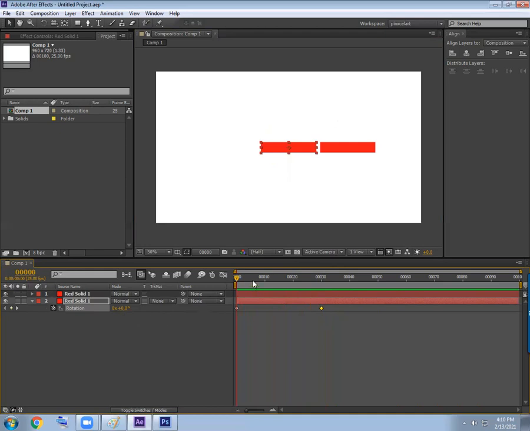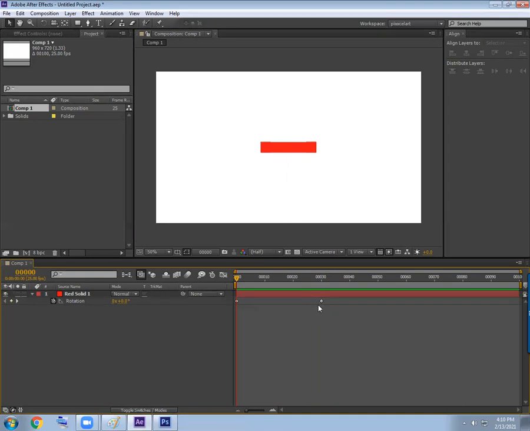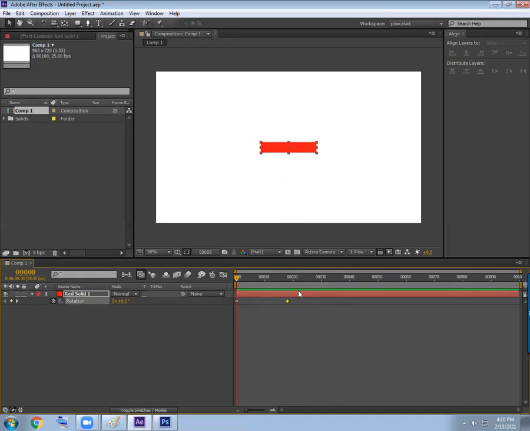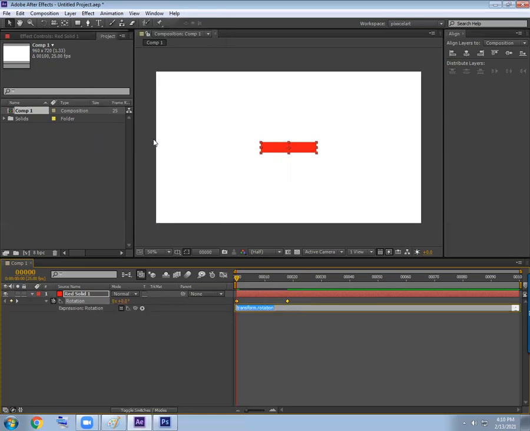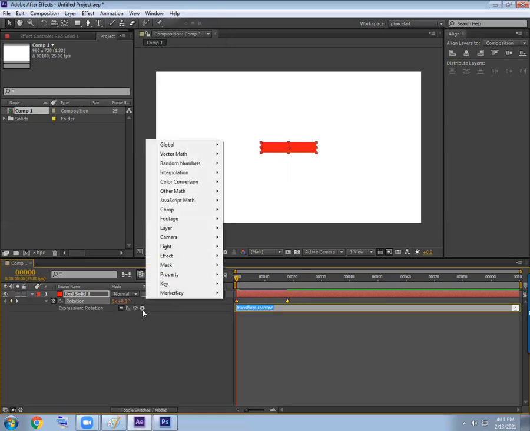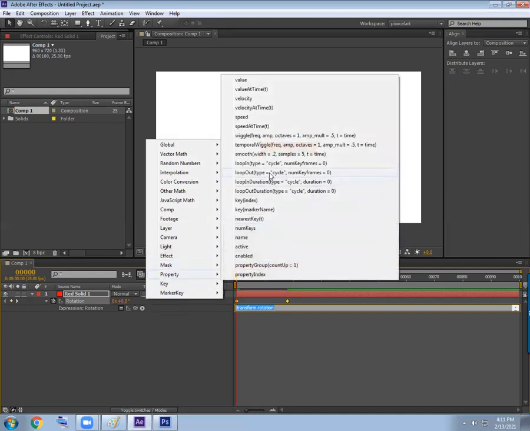Now, if it is to be rotated continuously, what to do? In the last class we have learned we need to make it a loop animation. How to make a loop animation? You are right. Alt, Control, then here, property, loop out.